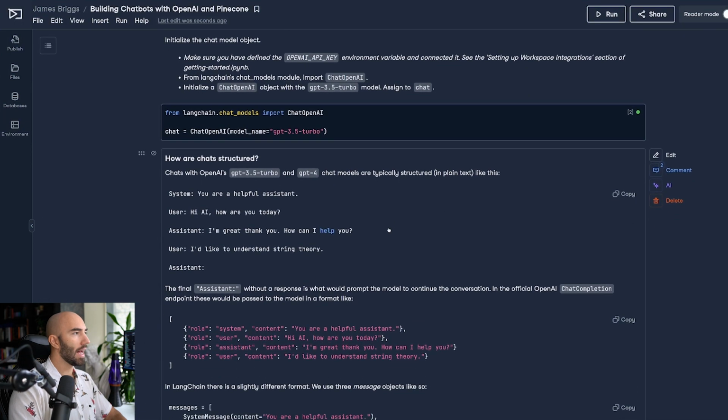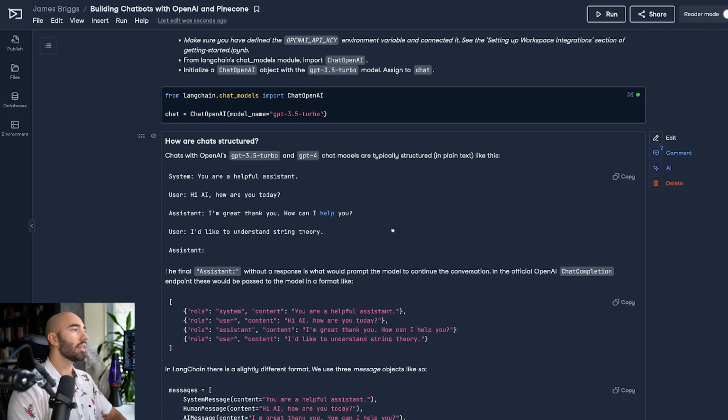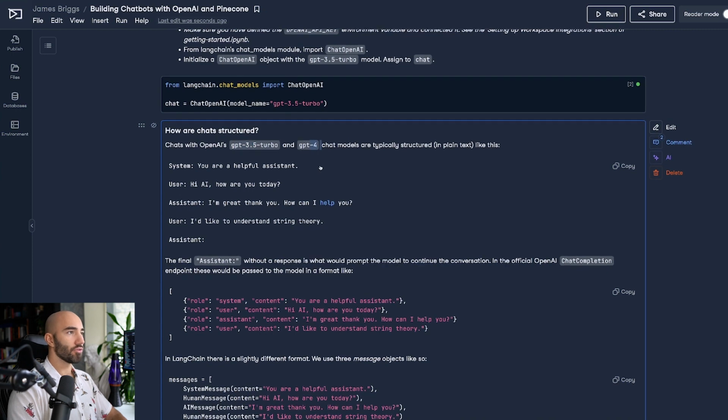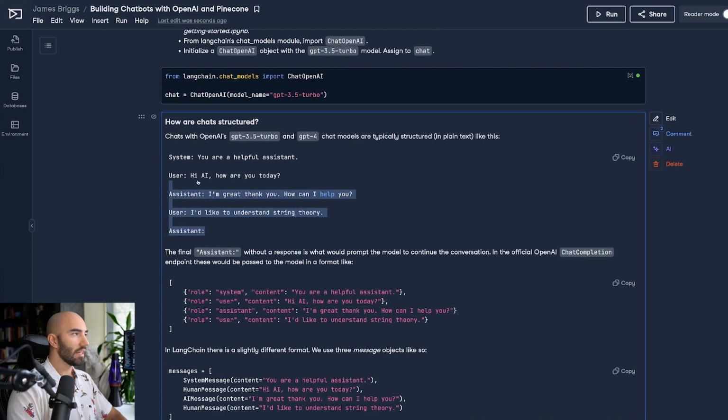So let's have a quick look at how these chats are going to be structured. Both 3.5 and GPT-4 are chat models, which means that they structure the inputs like this. You have a system message. This system message is how you essentially set up the behavior and instructions for your model, so any overall instructions go in here. You have your user messages, which are obviously from the user, and then you have your assistant messages, which are